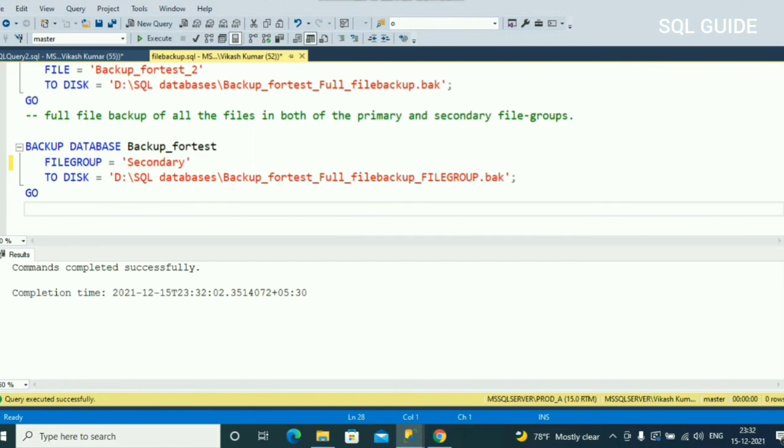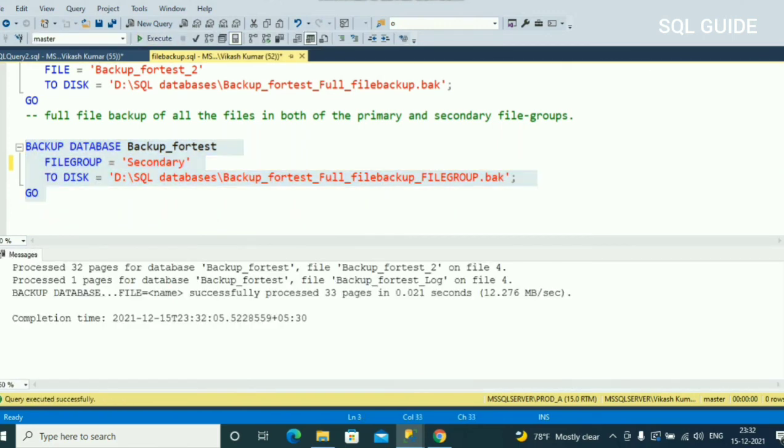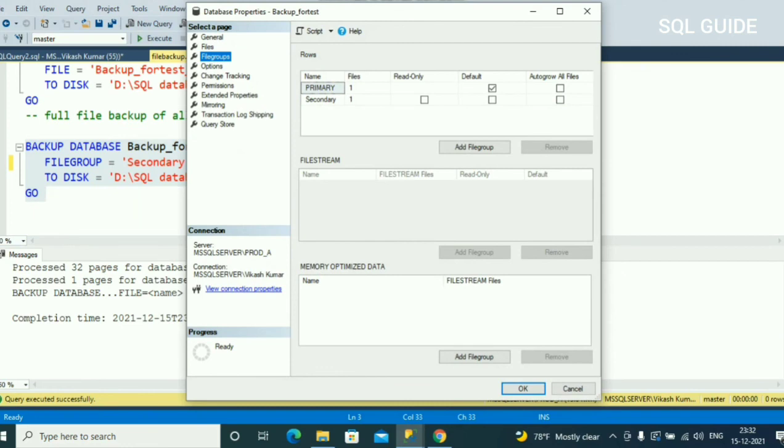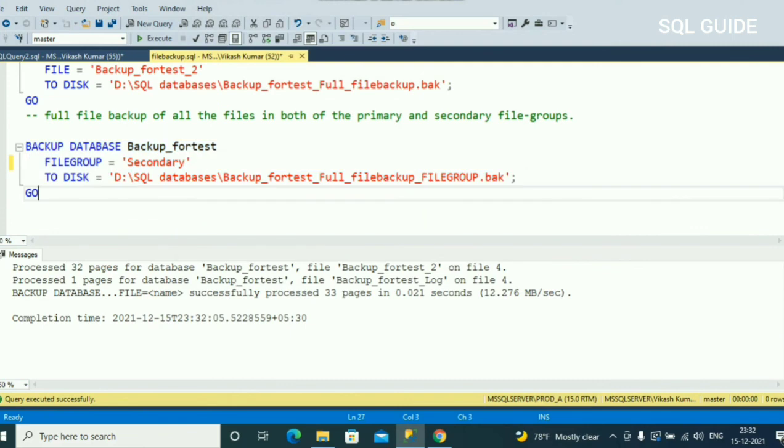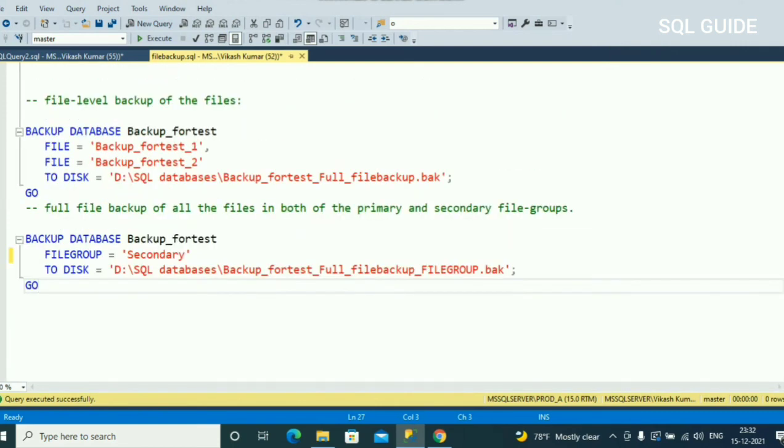Let's see how it will work. Yeah, I have taken only the secondary file group backup. This backup contains only the secondary file group. So this is the example of taking a file level backup and file group backup.